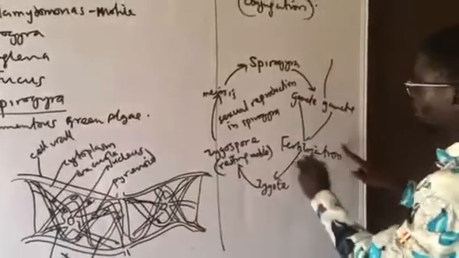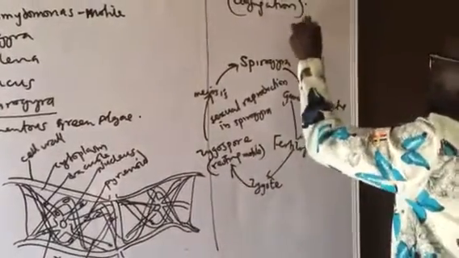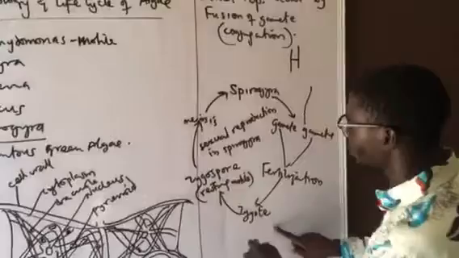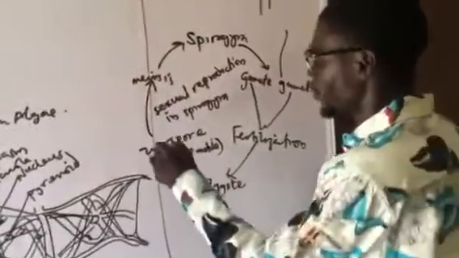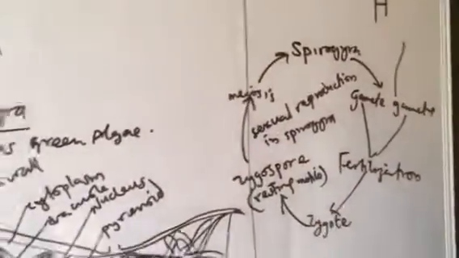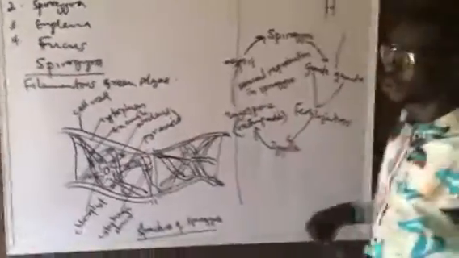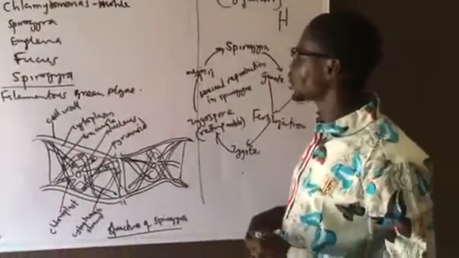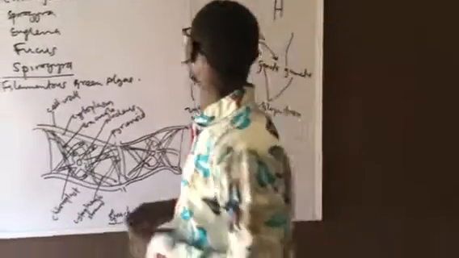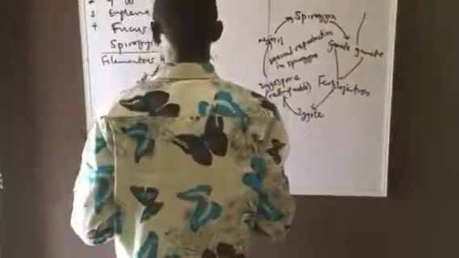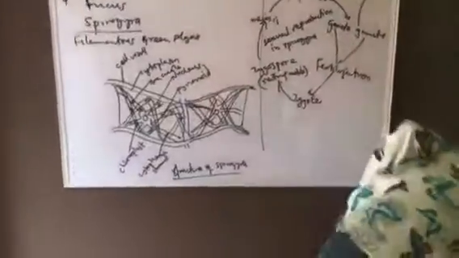So when the Spirogyra forms one gamete, another Spirogyra will form another gamete, then they will fuse when they lie side by side. So this fusion of gametes will give us the zygote. The zygote will develop a thick coat to form a resting spore called zygospore, and this zygospore will carry out meiosis, reduction division, to form the Spirogyra. And that is how Spirogyra carry out sexual reproduction by conjugation. Then after Spirogyra now, we can now